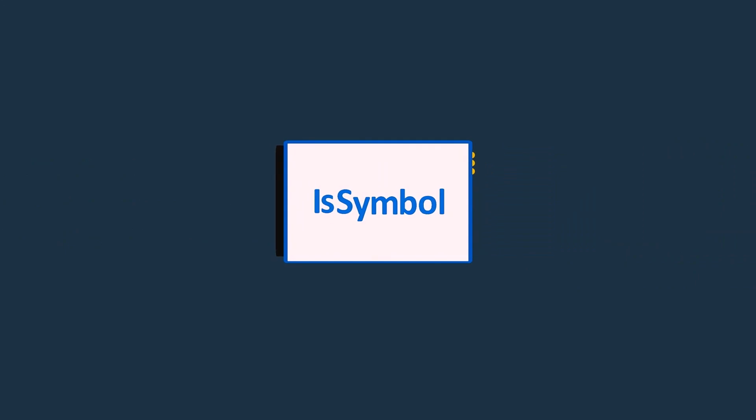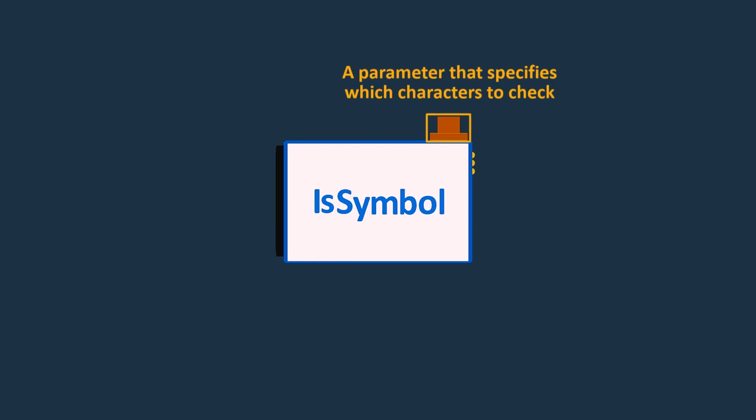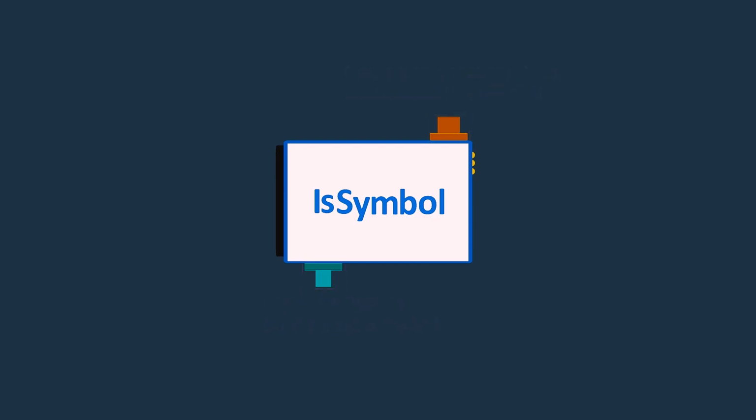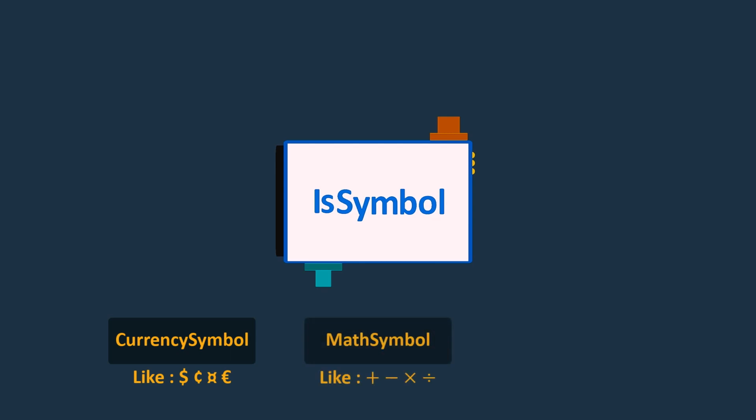The next method we'll discuss is the issymbol method. This method is used to check whether a specific character represents a symbol according to Unicode standards. To use this method, we simply pass a single parameter of type char which represents the character we want to check. If the specific character is classified as a symbol, the method returns true, otherwise it returns false. It's worth noting that symbols can encompass a wide range of characters, including currency symbols, mathematical operators, and many other characters that are neither letters nor digits.